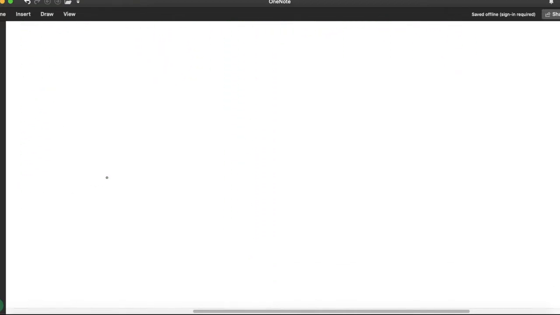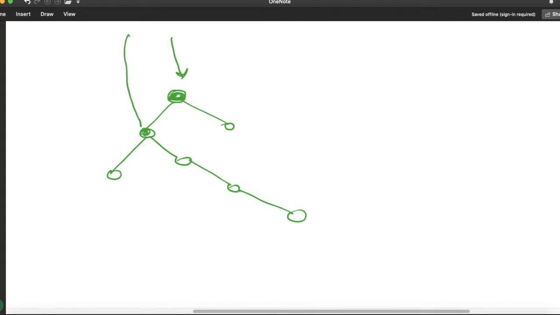Let us take another tree. For example, suppose we have one root node, one left child, right child, and one more left child, another node, and one more node. Now suppose we are seeing from the top. So this node will be printed, this node will be printed, this node will be printed, this node will be printed, this will get hidden behind this node, and this node will be printed.